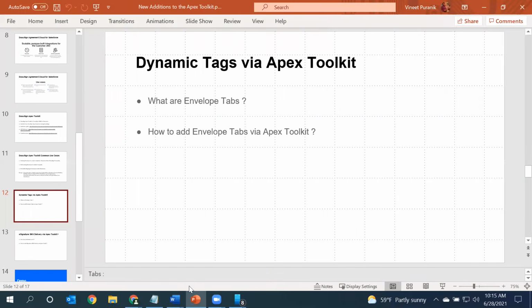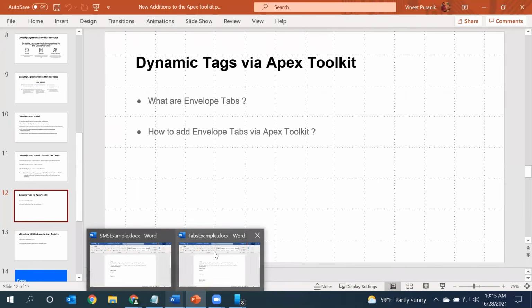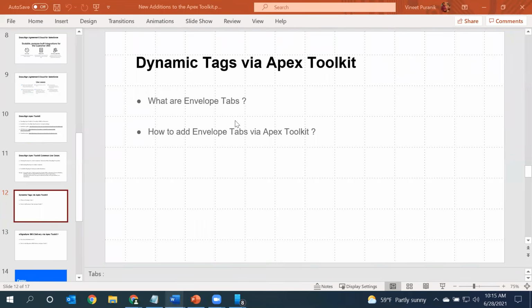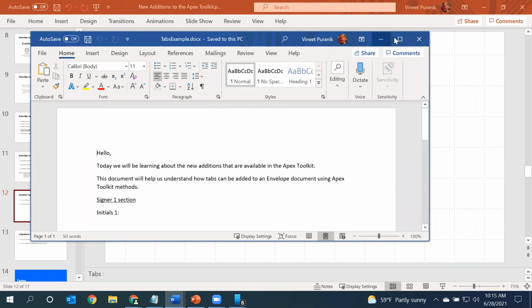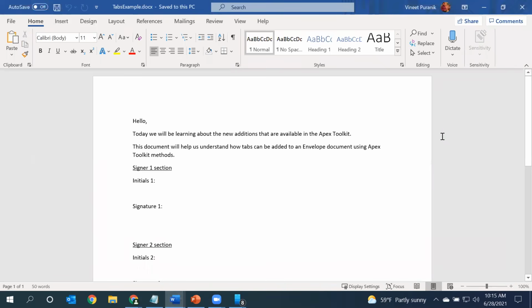So I'm going to switch to my Salesforce org and also show you an example of a document that I will be using here. This is going to be a template that we would be using for our envelope today.